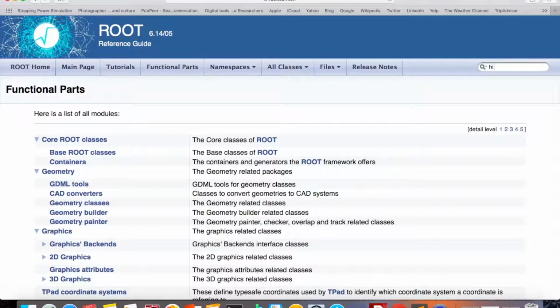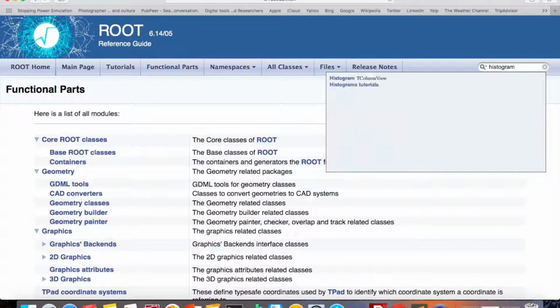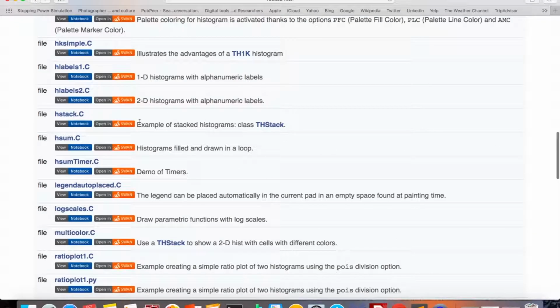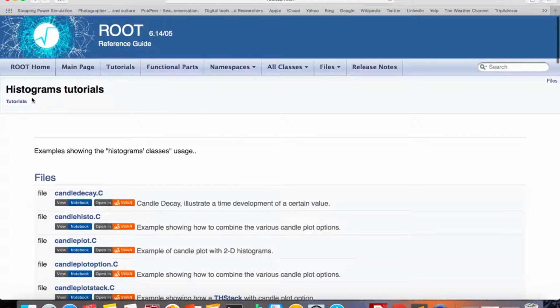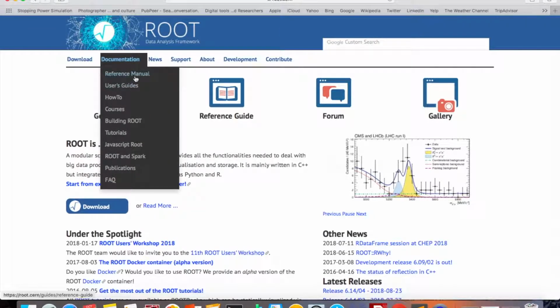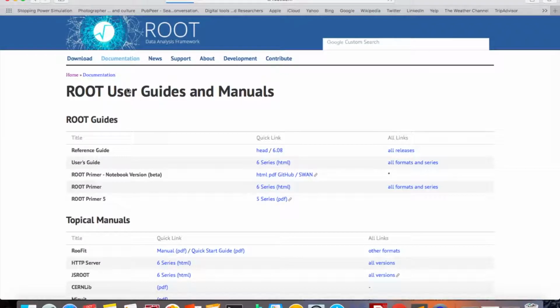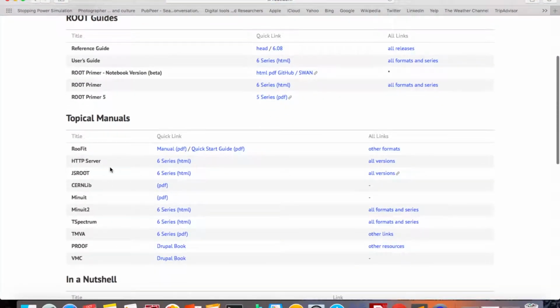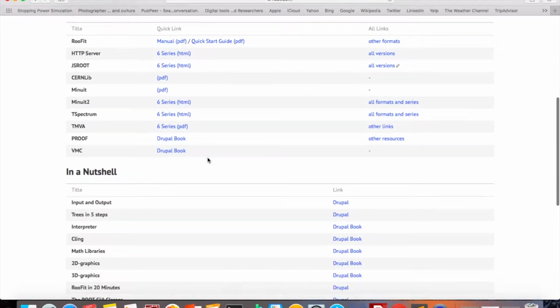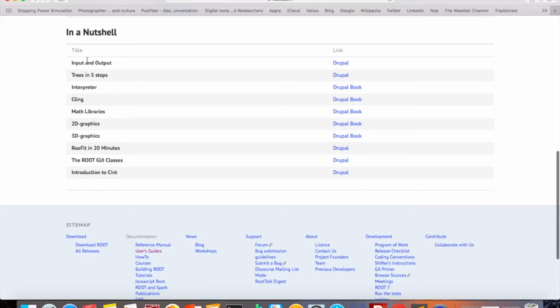So if I'm interested in histograms, I would try maybe to do like that, and see, okay, there are some histogram tutorials here I can have a look at. In addition to the reference manual, there are user guides. Those are quite useful. You have topical manuals, and in a nutshell,